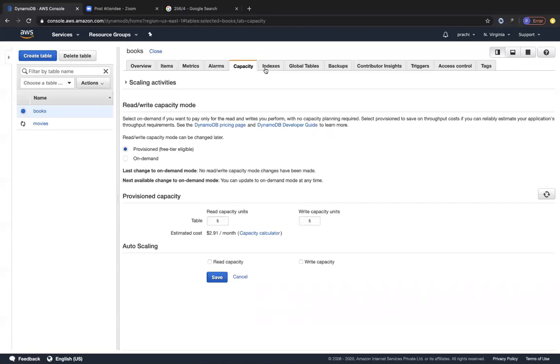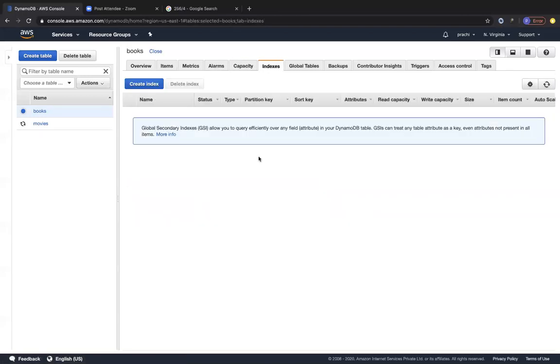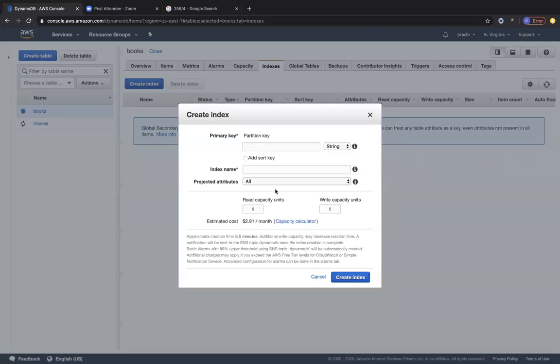the previous tab, right? So now when it comes to indexes, we can go ahead and create a global secondary index over here. We can't create a local secondary index over here. So let's create a global secondary index. So let's call this as